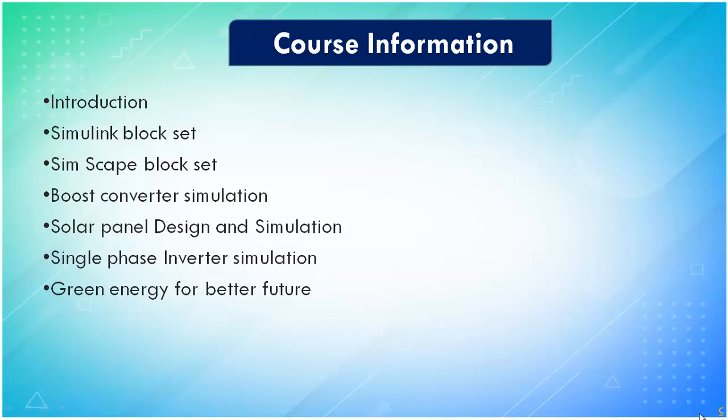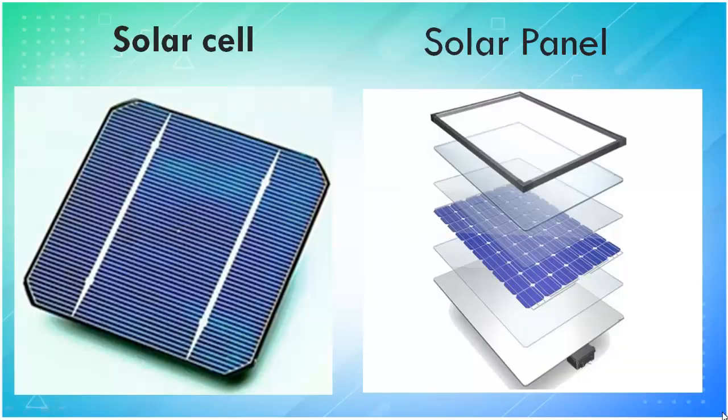Now let us have a brief look at what a solar cell and a solar panel are, then we will move on to the MATLAB simulation. A panel consists of n number of cells, and the cells are connected in series to bring it to the rated voltage and current. Basically, solar cells are constant current sources, so the value of current will not change; depending upon the light intensity from the sun, the voltage value will change. Each cell can produce a value of 0.6 volts, so we have to combine them to make a solar panel.